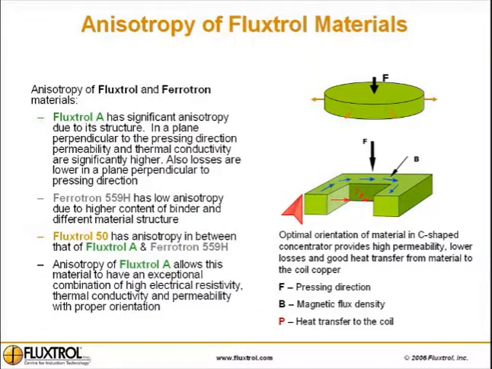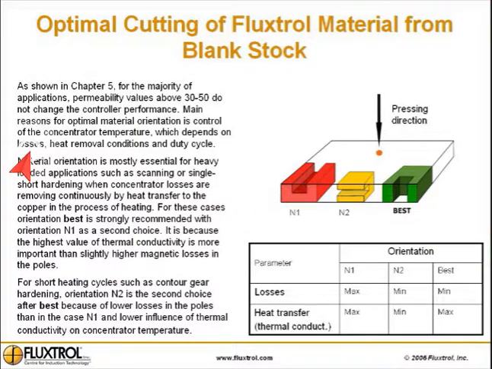Optimal orientation of material in a C-shaped concentrator provides high permeability, lower losses, and good heat transfer from the material to the coil copper. Optimal cutting of Fluxtrol material from blank stock. As shown in Chapter 5, for the majority of applications, permeability values above 30 to 50 do not change the controller performance. The main reason for optimal material orientation is control of the concentrator temperature, which depends on losses,